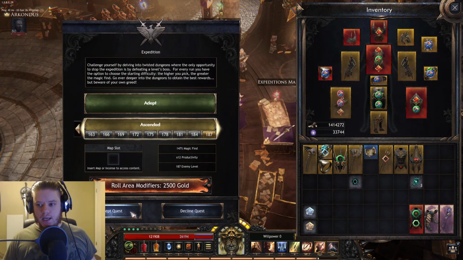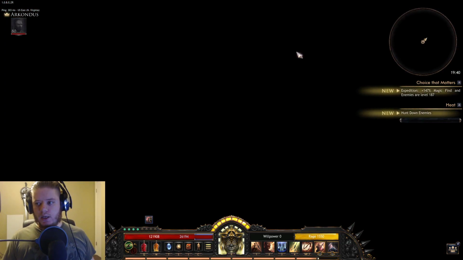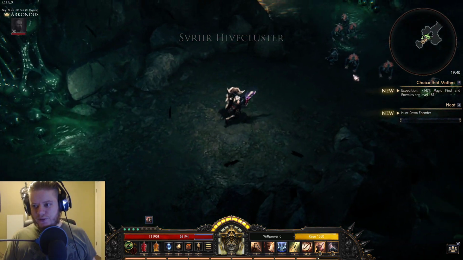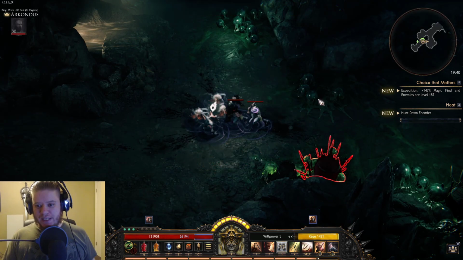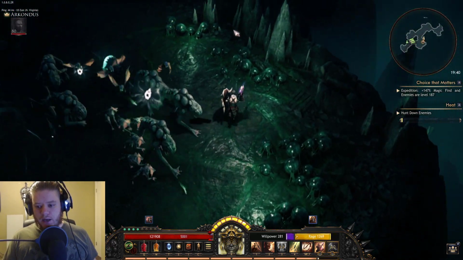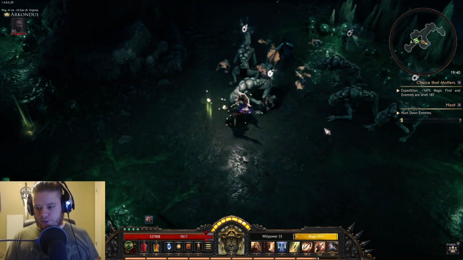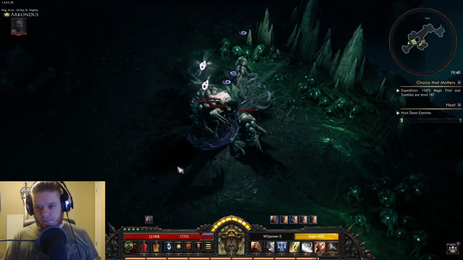Okay, we'll go ahead and enter a 187 just to show you guys how the build works. I could show off lower levels, but if you guys see it works at 187, then I'm sure you know it's going to work at lower levels. But basically what we do is just set up our Juggernaut. So we want to mark a few things here, and then when our Juggernaut is ready, we're going to leap in, shout, pull him in, and then